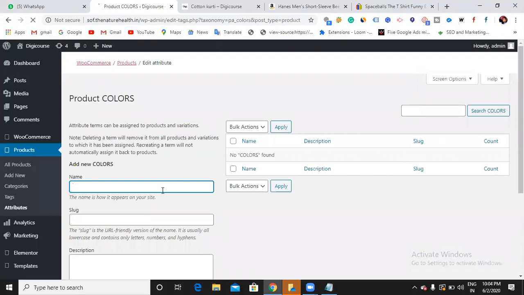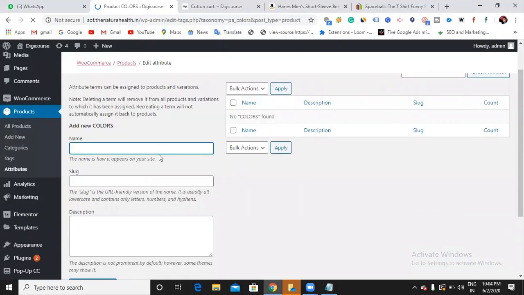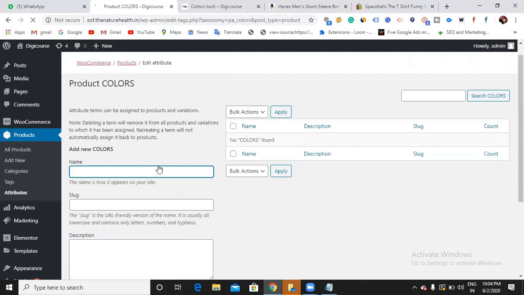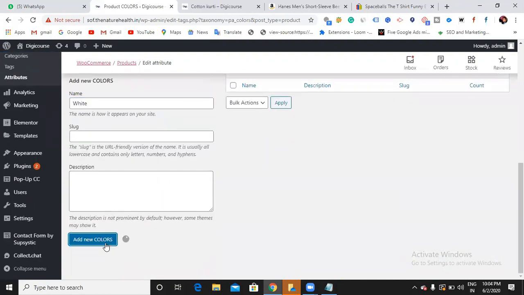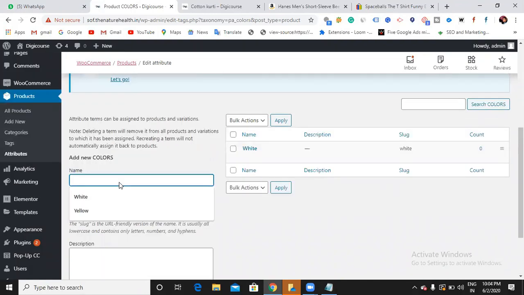Name it. What is this? Colors, right? Let me say that it is available in white. How many colors do you have? You can mention them all here.